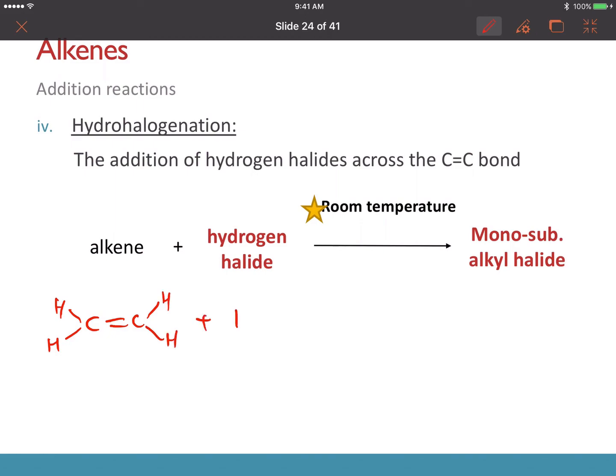If I add HCl, for instance, at room temperature, this will give me a monosubstituted alkyl halide. Okay, note that it's just at room temperature, so we do not need to have any